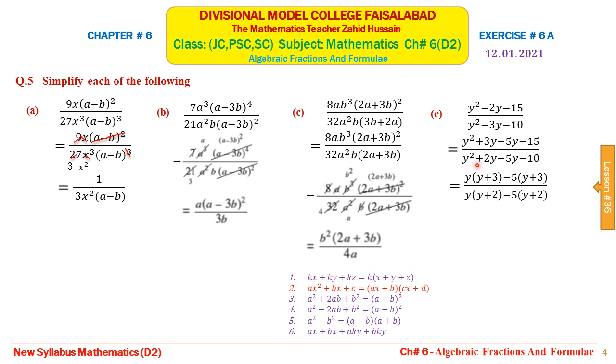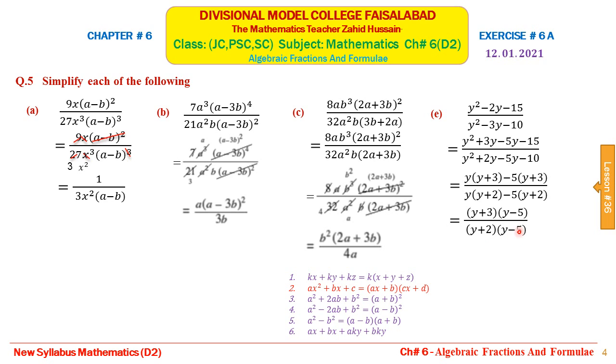In the denominator, from the first two terms y is common and we are left with y plus 2, and from the last two terms we have minus 5 common again and we are left with y plus 2. In the numerator y plus 3 is common in the bracket in two terms, so we will take this y plus 3 common and we will be left with y minus 5 in the second bracket. In the denominator y plus 2 is common, we will write y plus 2, and in the second bracket we will write y minus 5. Now these are the factors of the expression in the numerator, and y plus 2 into y minus 5 are the factors of the expression in the denominator.